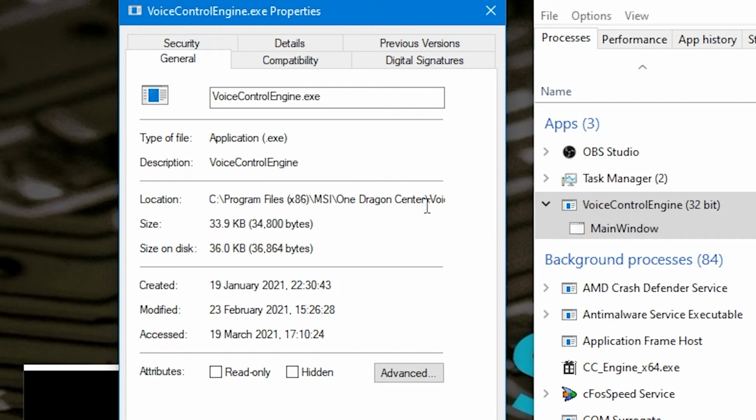So, as I kind of thought, it is actually something to do with the MSI One Dragon Sensor. And it appears that in some of the latest updates on the MSI Dragon Sensor, there is a section where you can do some voice control stuff, or at least possibly it is in the pipeline. To me, this is a pretty poor practice. Now, as you can see, it was created on the 19th, so it appears to be a relatively new update